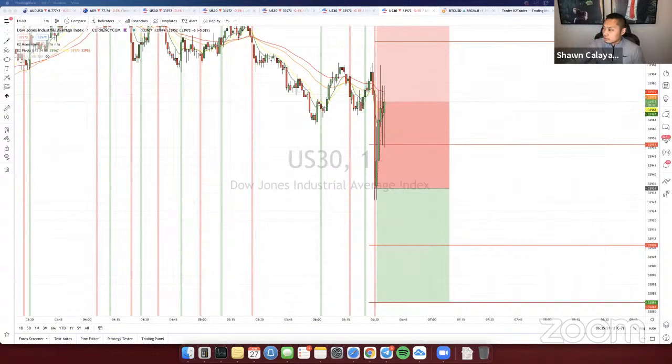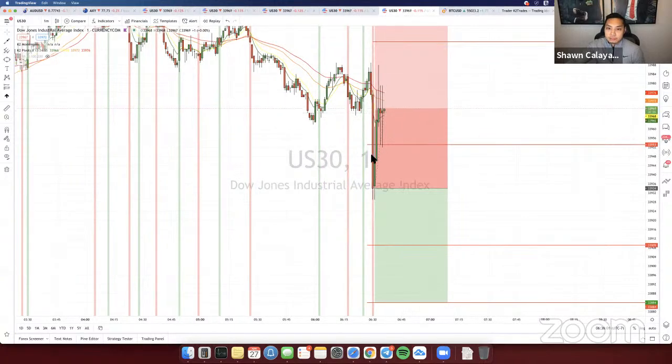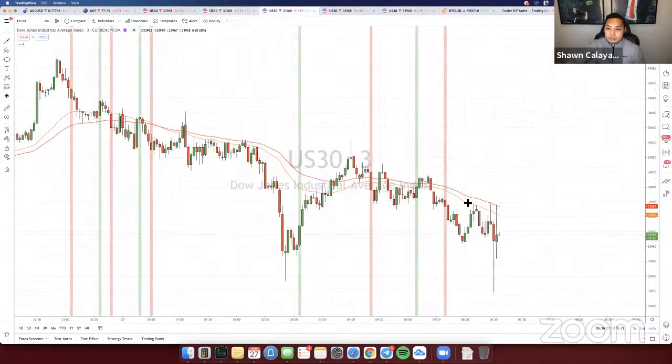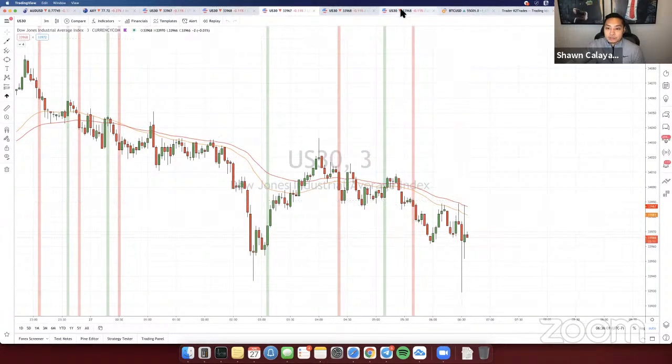Let's see, Short scene. Shawn, what do you think? US 30 bullish or bearish for this session? I don't know yet, Short scene. I'm hoping it's bearish. The only reason I was thinking it was bearish is because of the breakout downwards, and also because the 10-minute is showing a bearish bias right here. 3 minutes also showing bearish right here. So that's why I would see it as bearish, but we really won't know until the market moves the first couple of minutes in.